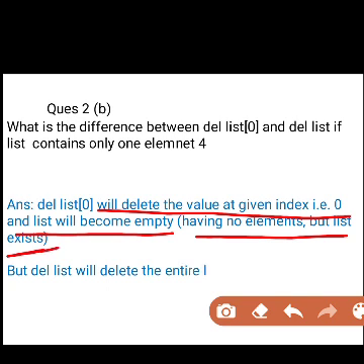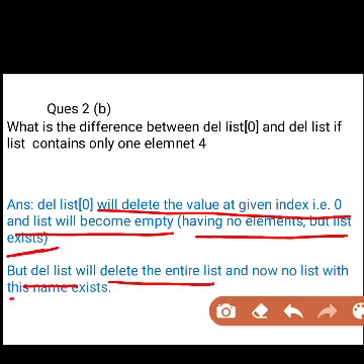But the list exists. But del list will delete the entire list, and now with this name no list will exist. Means element 4 is deleted in both cases, but in del list[0] the list will exist having no elements, but in case of del list, the list will not exist because it has been permanently deleted.